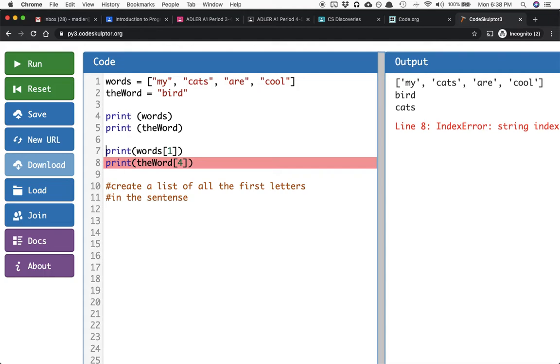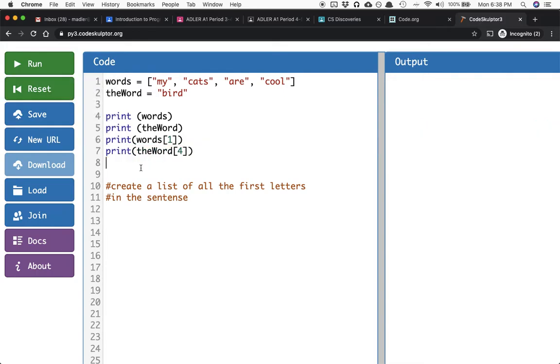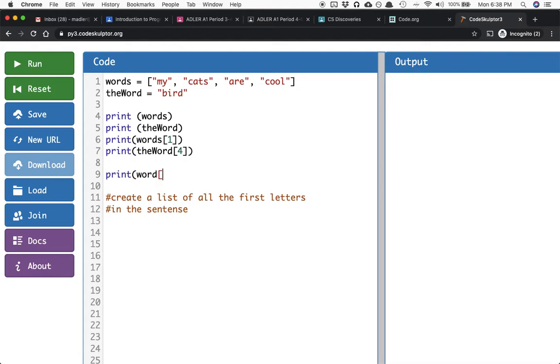Now, we're going to go a little crazy here. Let me delete. I'll leave these guys up over here. But you can go even deeper. I could say print, and we're going to be talking about 2D arrays coming up real soon. I can print words at 1. So this is going to be cats, right? And then I can say from index 1, if I have a list inside of my list, right? This whole thing is a list of these 4 words, but the word cats is a list itself because it's a string. I can say at 1 again, and what this will do is